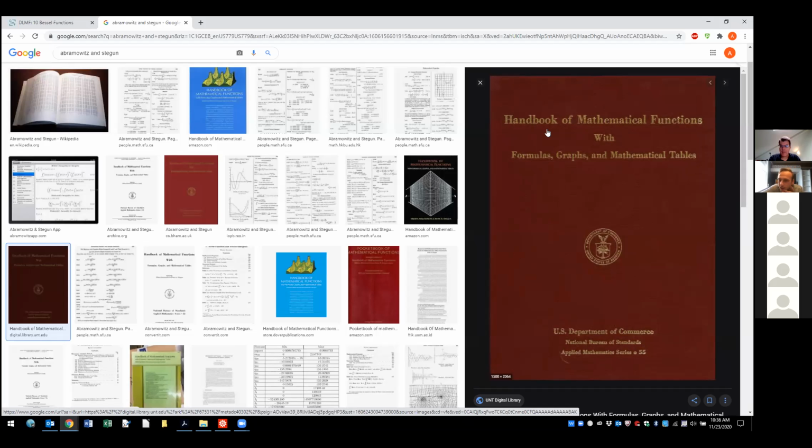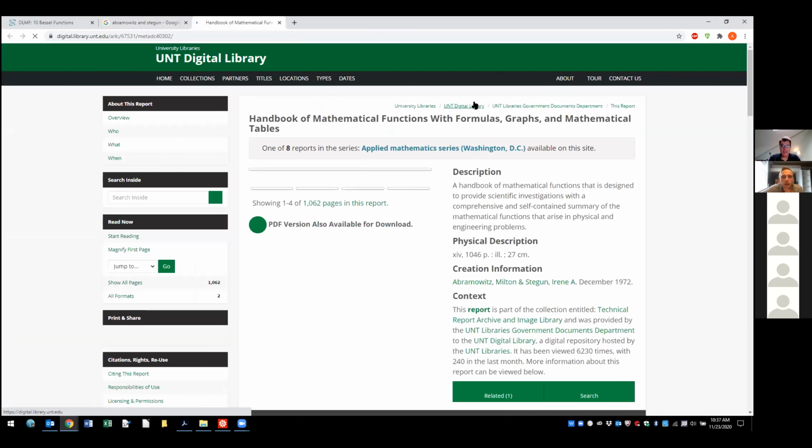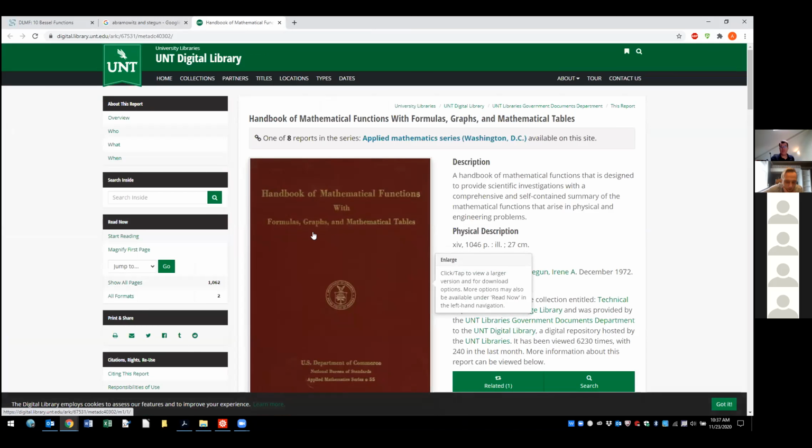The Handbook of Mathematical Functions, published by NIST, the National Institute of Standards and Technology, which is actually a major employer of physicists. And NIST has essentially three functions. One is to produce standards. It could be standards for things like weights and measures, defining what exactly is a kilogram, what exactly is a meter to high precision. And those are things that we can all appreciate, but then they'll also get involved in standards for much more